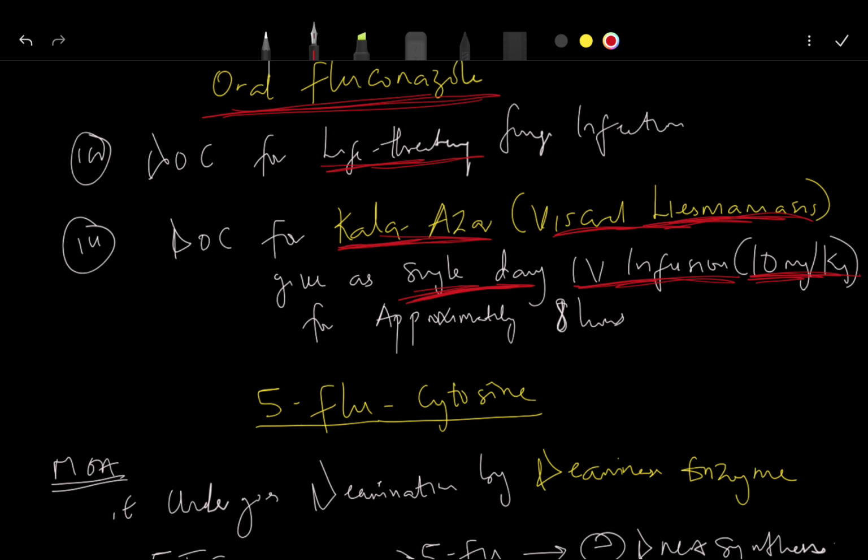Okay, 10 milligram per kg. So you calculate it. If the patient is 70 kg, 10 times 70, meaning you are giving around 700 milligram. Okay, and you usually give it over 8 hours. Okay, so now we've seen that